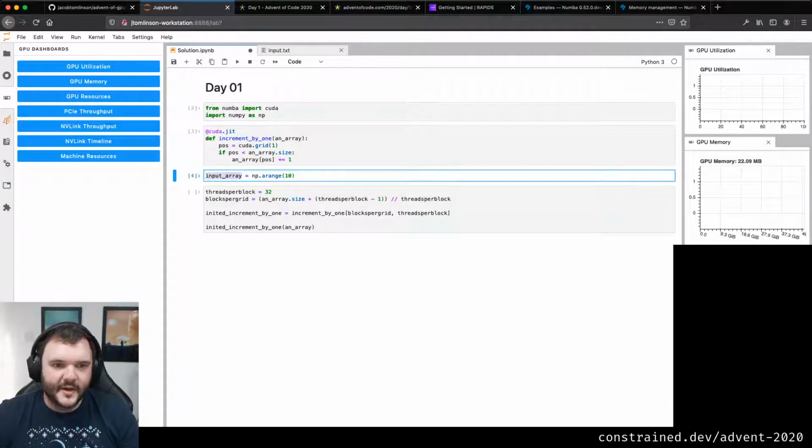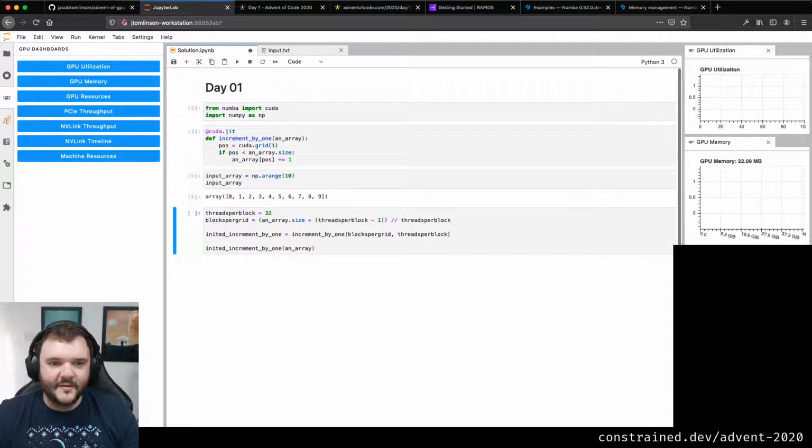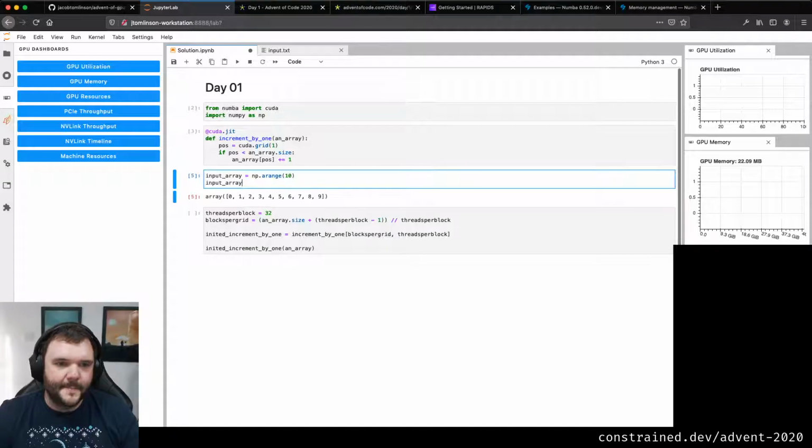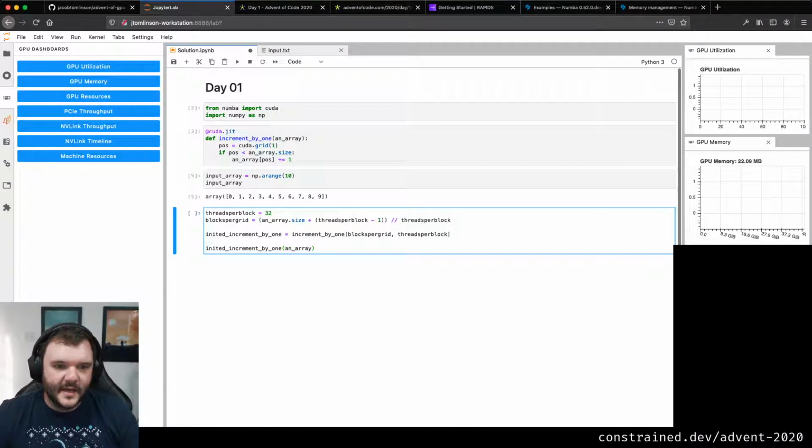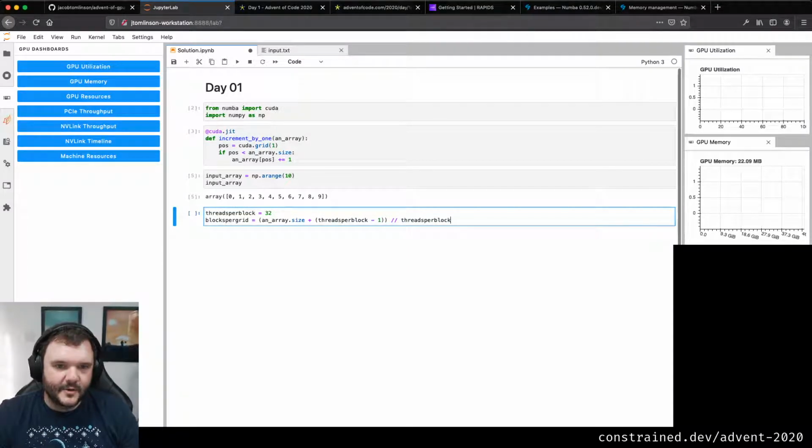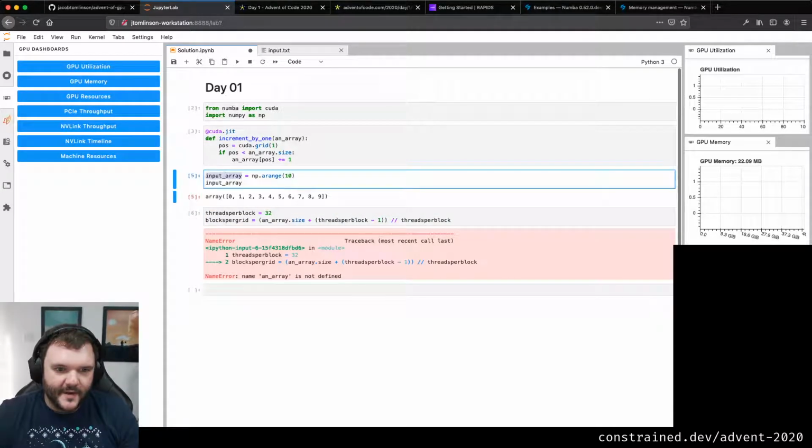Let's have a look at it. This is an array of 0 through 9. I'm just using NumPy to arrange this layout. What I could do is 32 threads per block, just because that's what it's kind of given me. I might do that in a separate call, and let's say input array.